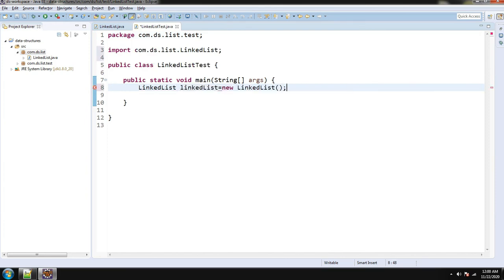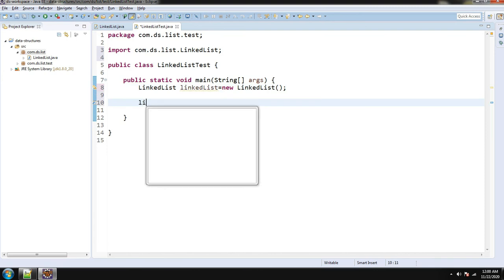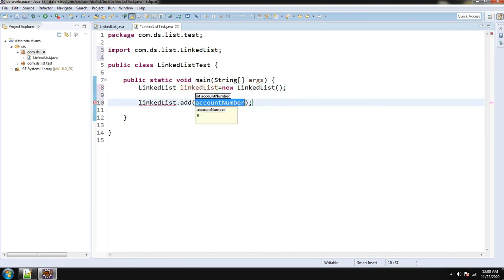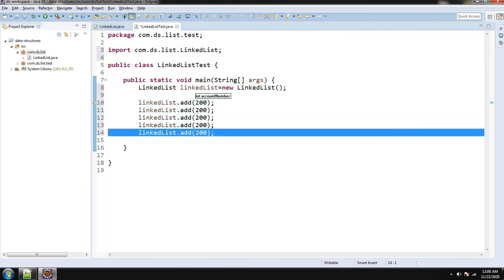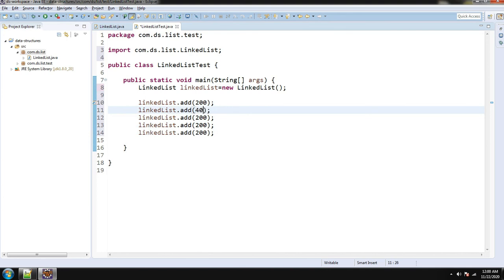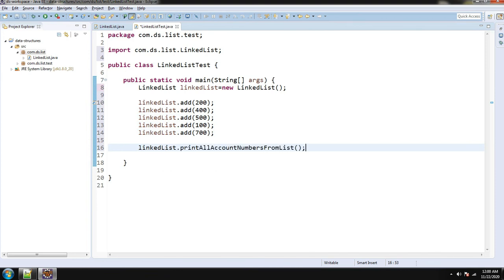This is a user defined linked list; we can see the import com.ds.list.linked list. We can add one by one. I'm copying that line so that I will change the value. First I will add 200, 400, 500, 100, then 700. Then I will call the print method, print all account numbers from list.